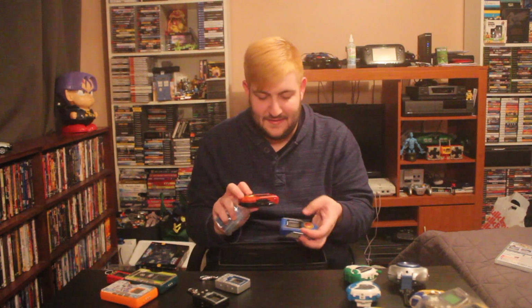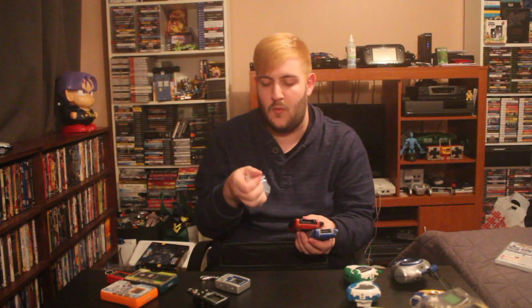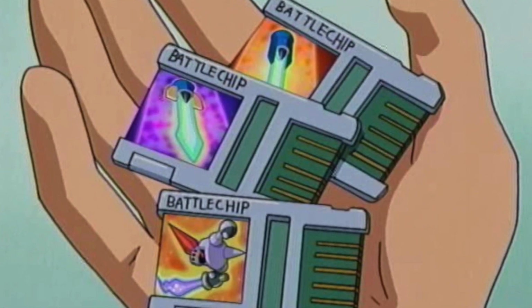Next is a set of these Mega Man NT Warriors PETs or pets. Now these ones here work pretty much exactly the same as a Digivice, same concept overall, but like the Season 3 Digivice that had a card swipe mechanism on the side there that you could swipe different cards into, these here came with chips, battle chips specifically. They functioned in the same way that they did in the cartoon to a degree, but what you did with these chips is slot them in the top